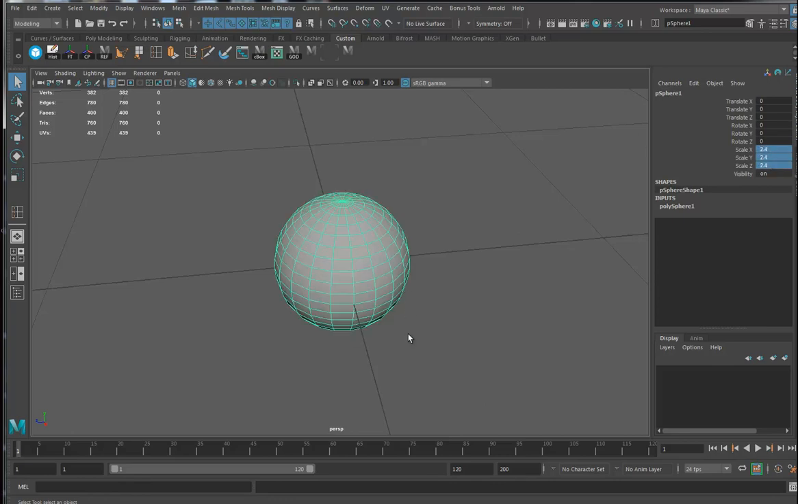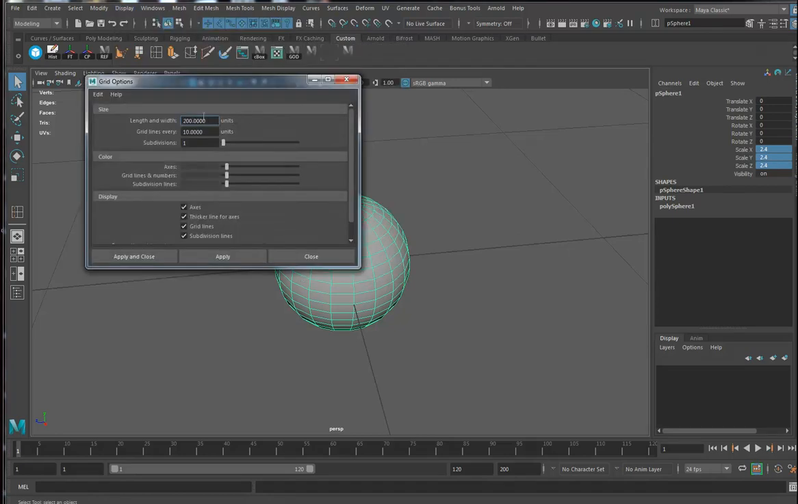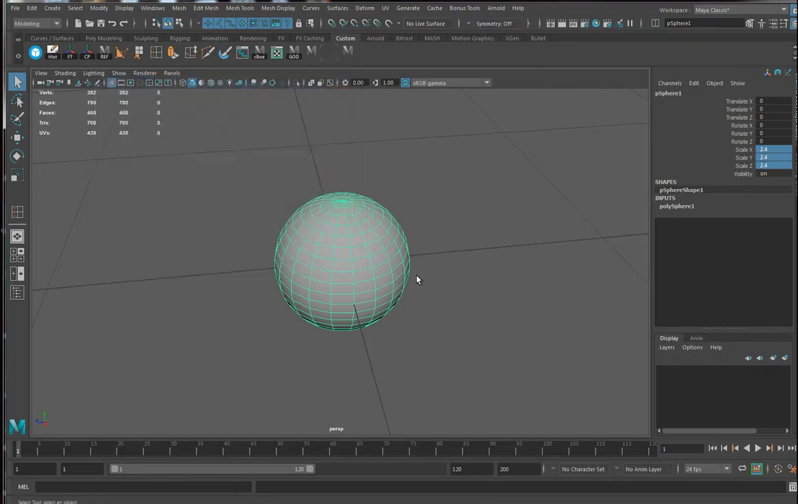My grid looks funny because I have my display set up to 210 and 1, so when I'm modeling real world, everything looks a bit better to me. Anyway,